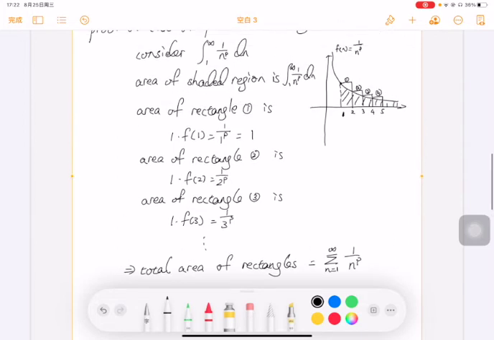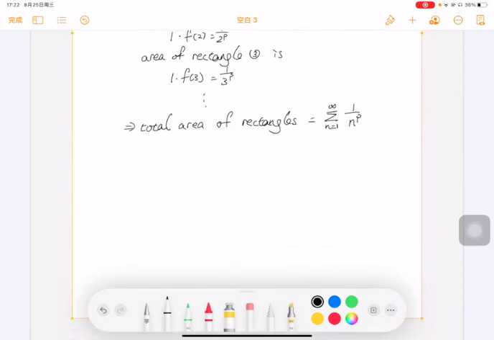Now, obviously, the area of the rectangles is larger than the area of the shaded region. So we get this statement,